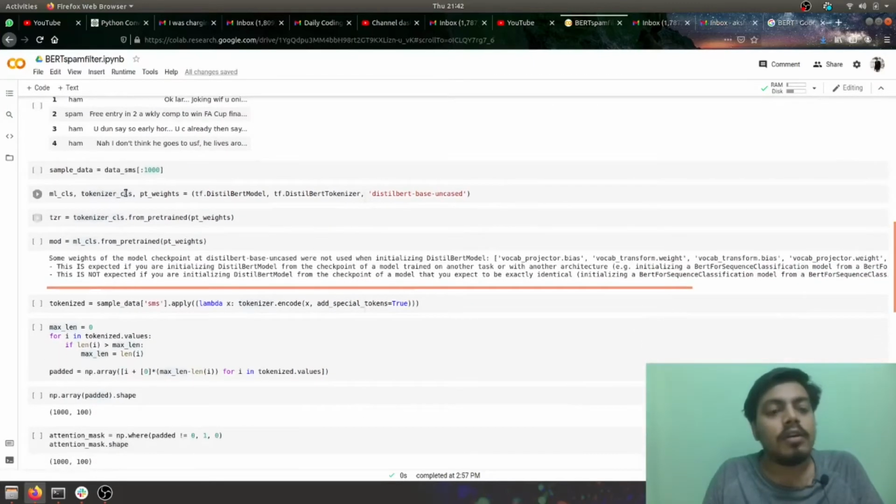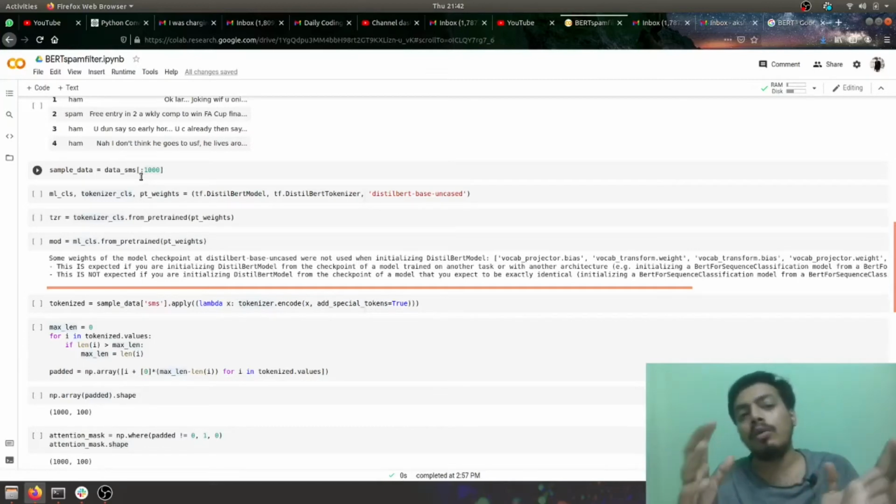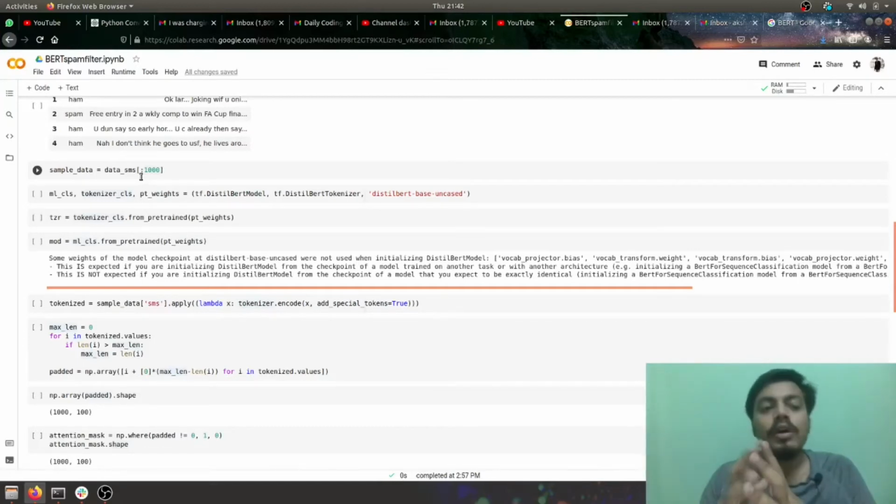Here I've picked up sample data, and the reason is that when I tried to train my BERT model on the entire data set of 5500 plus rows, it gave me a memory error and it wanted me to upgrade to Google Colab Pro. Because I'm using the basic version of Google Colab, that is the only reason I'm training this model on 1000 entries only.